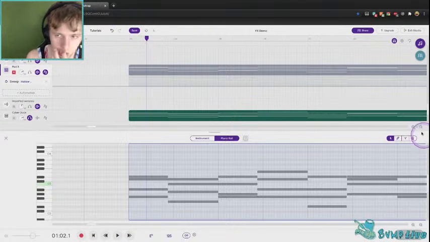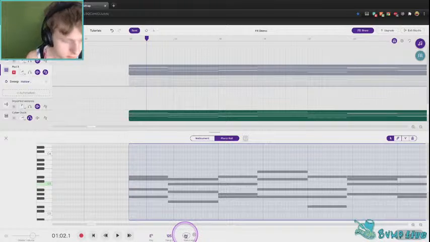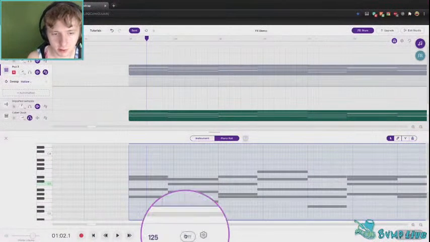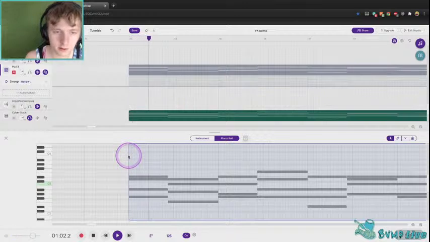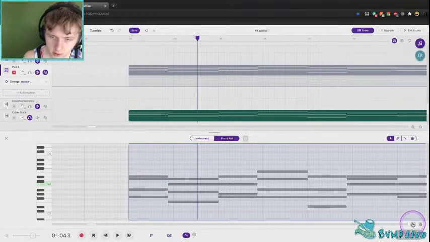Let's turn on our automation. I mean, not our automation, our metronome. So come down here just so we get a sense of the tempo. Turn that on. So what we'll do,